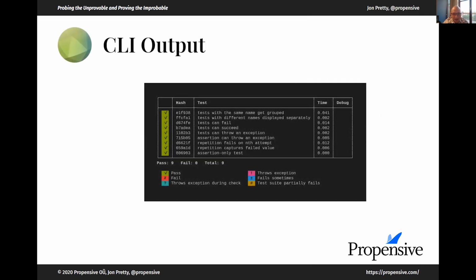And here is some output from Probably. This is a set of tests, all of which pass. This is just what gets output when you run a suite from the command line. You'll see also that we have a time figure here. So it actually times how long these take. Now, this isn't really micro benchmarking, but it's an indication as to how long was spent in the process of executing the body of the method.